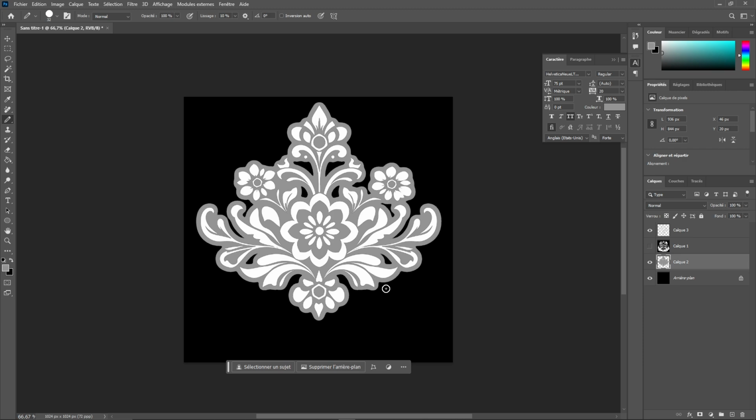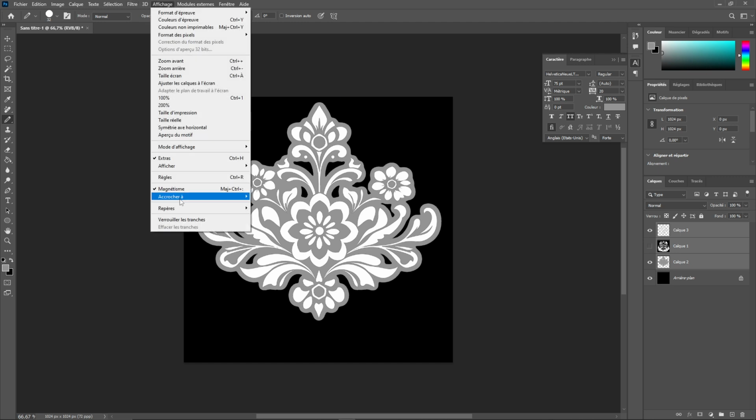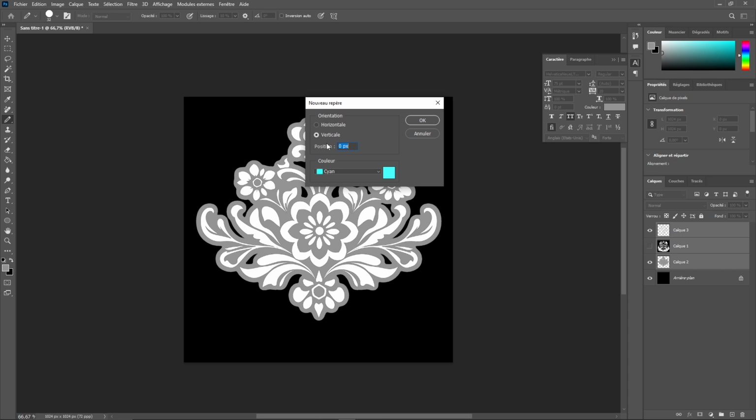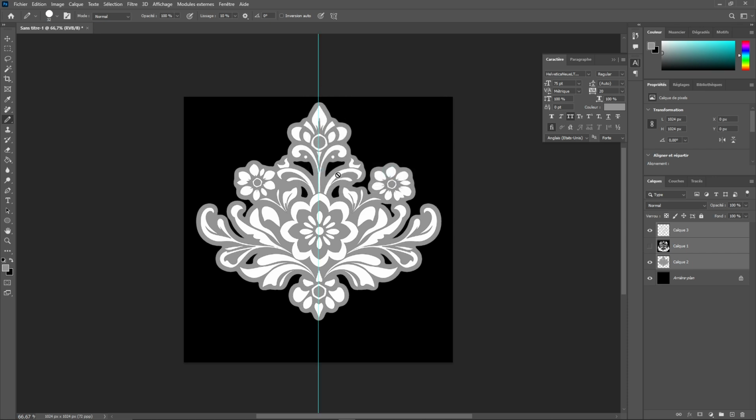So what we can do as well is add a line that will help us guide the symmetry. So for example, we can go in here and create a new line like this. I want 512. Like this, I will have really everything in the middle, and I can select everything here,